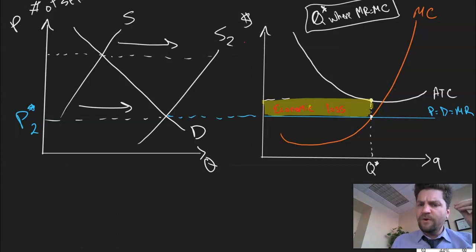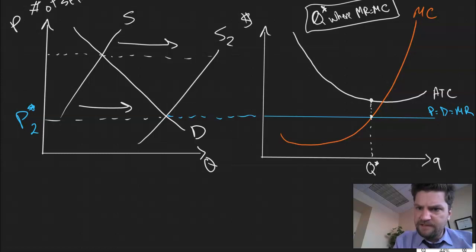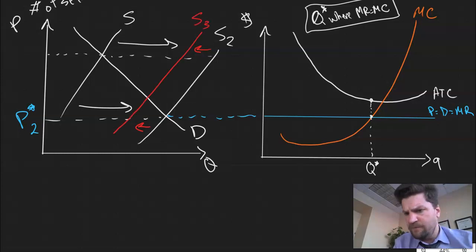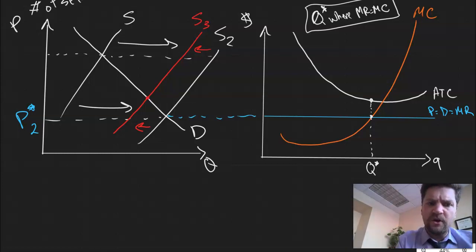Now, what is going to happen in the long run? Well, in the long run, there's going to be some adjustment of supply, but essentially this supply is going to adjust until they're going to come in and say, oh man, I'm making a loss here. So what's going to happen? Well, some of these people are going to leave the market. They're going to leave the industry, right? They're going to go back to selling what they were selling before, or they're going to jump to some new cash crop, or whatever the case may be, right? And the price is going to go up only until